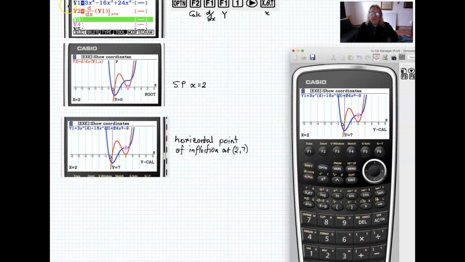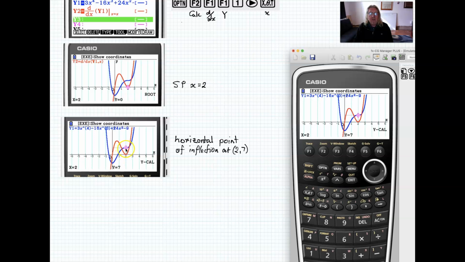Okay, so we've got the stationary points. Now we want all the points of inflection. One of our stationary points was also a point of inflection, that one there. But we want this one here where the function goes from being convex to concave, and that's a non-stationary point of inflection. Now you could find the x-coordinate for that by finding the maximum here of the first derivative, because